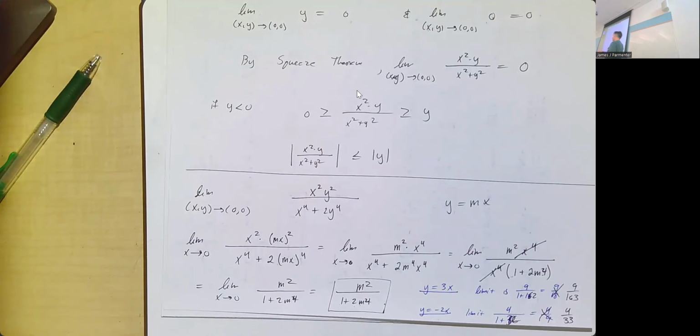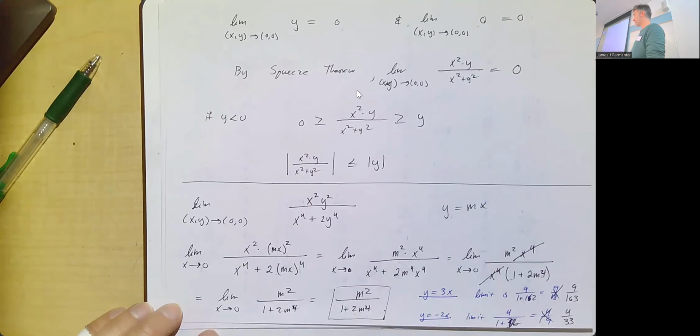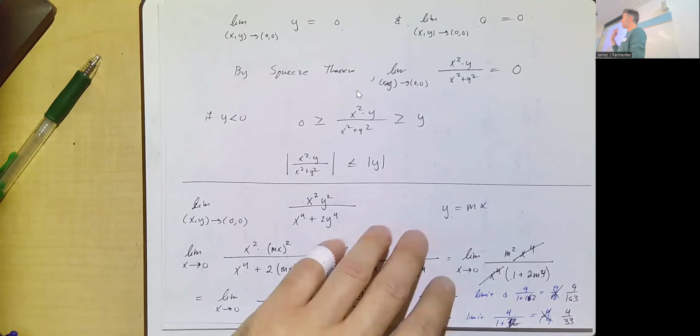is there a way where you plug in x equals y squared, and then you compare that limit to the answer you get from y equals mx? You can. The thing is, here we wouldn't need to do that, because here y equals mx gives you a different value for different values of m. Let's look at a different example. Let's say I had